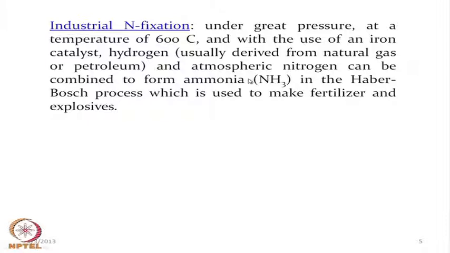That means the nitrogen pressure should be very high and at very high temperature. So, not only very high pressure and high temperature, which bacteria do not need, we use some catalyst, the iron based catalyst is also required, and the hydrogen gas. Sometimes it is derived from natural gas or petroleum products, and petroleum is basically carbon based hydrocarbons. If those hydrocarbons are useful for generating hydrogen, that hydrogen can be utilized for attaching to this nitrogen to get ammonia.